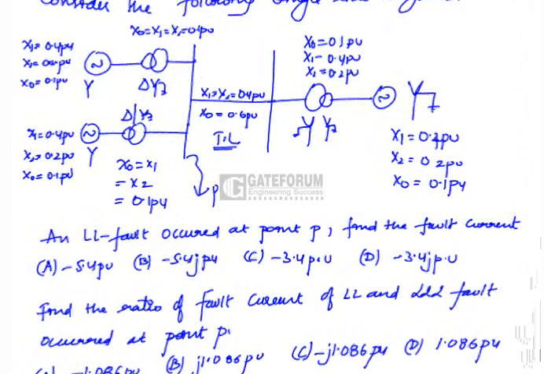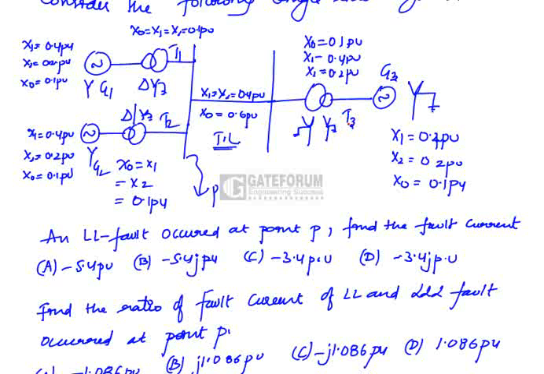single line diagram, okay, with three generators. This is G1, G2 and G3. Let us take three transformers, T1, T2 and this transformer as TT, and we have a transmission line in between these two buses. Now if a fault occurred in bus 1, let us take this as bus 1 and this as bus 2. If a fault occurs in bus 1 at this point P,